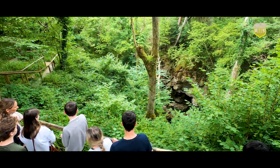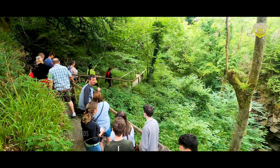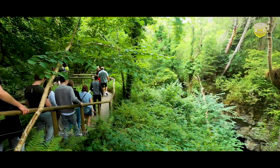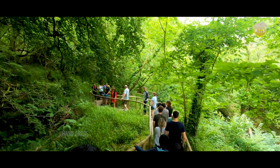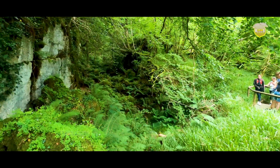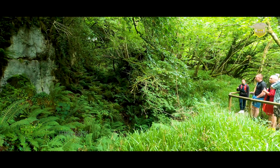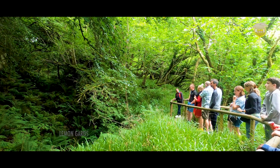Actually see the shake hole a lot clearer on the right hand side, okay? Nice, and this exposed rock over here is Dartry limestone, which is a sedimentary rock. And this would have formed about 320 million years ago when Ireland was closer to the equator, and this was